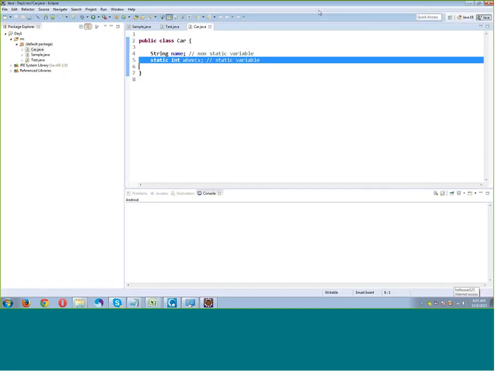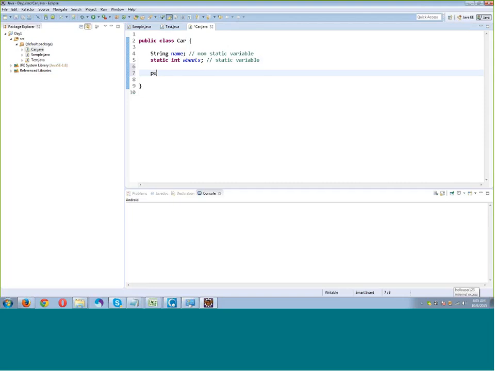Static is the property of the class. So if I am writing static int wheels, then all the cars will have the same wheels. So if I create a function in this car class, for example, public void move, I'll just write over here car moving